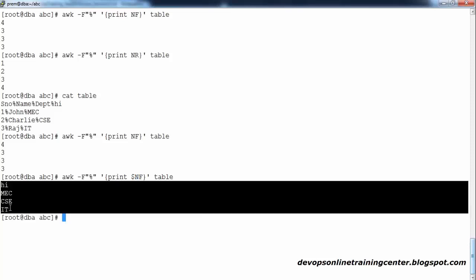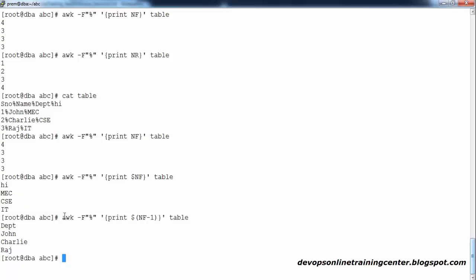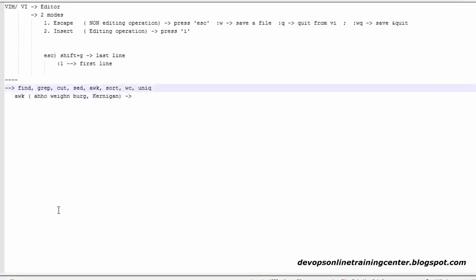Similarly, somebody may ask you, could you please print the last-but-one column, instead of the last column? It's simple again, NF minus 1. That will become your last-but-one. So these are the kinds of things you can do with the awk command, guys. There are many others, but this is what we regularly use to separate fields and do data formatting with awk. These are the few important commands which we will be using in our day-to-day life.